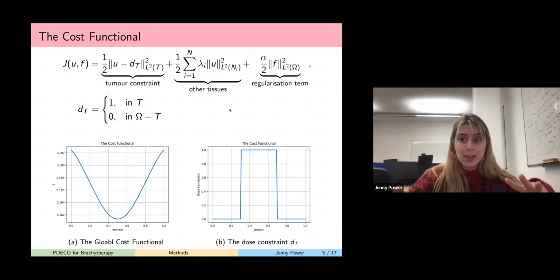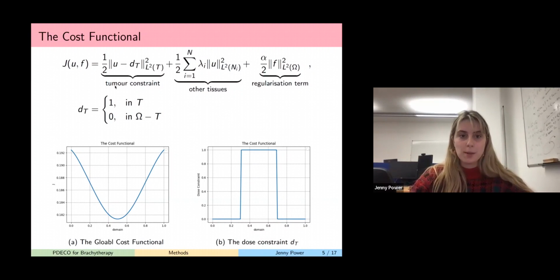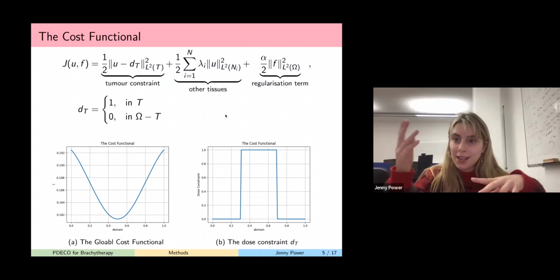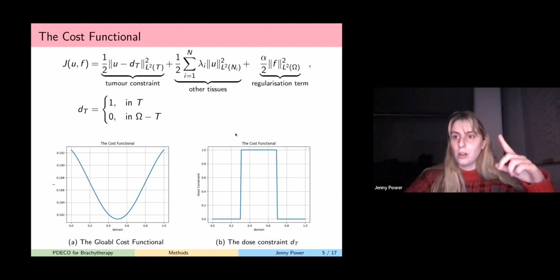The figures at the bottom give the case where it's a 2 tissue example, and we'll come back to that later on in the presentation. It's when we're thinking we have a tumor at the center of our domain and everything around it is normal, healthy tissue. In this case, we basically ignore the middle term and we just focus on optimizing the tumor constraint and the regularization term. We end up with a nice globally convex cost functional, and our tumor constraint,